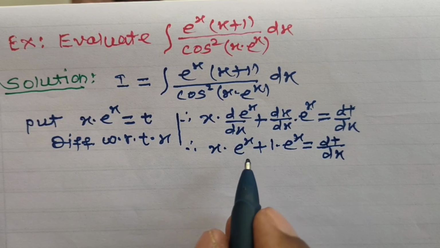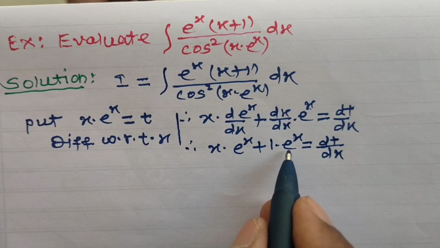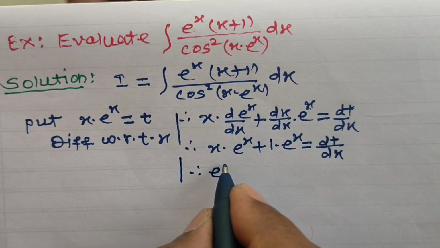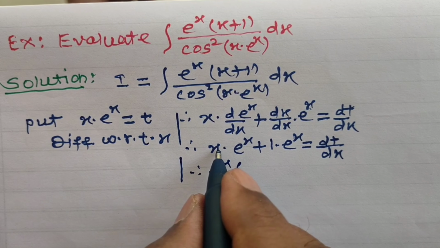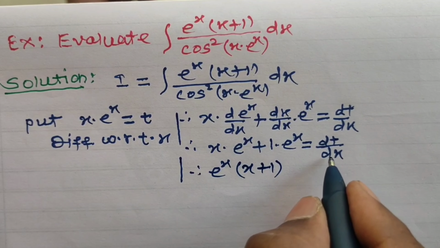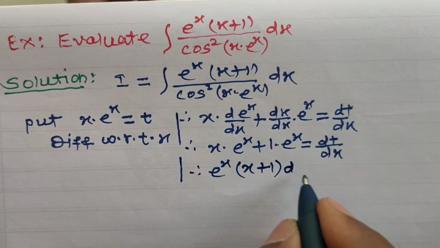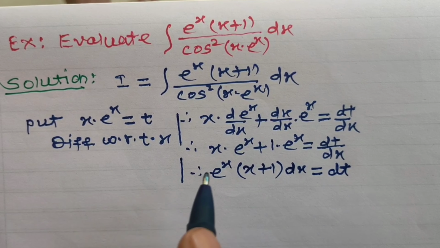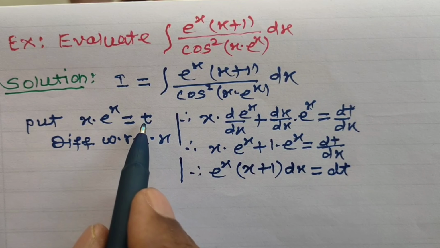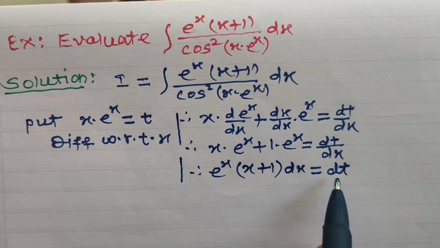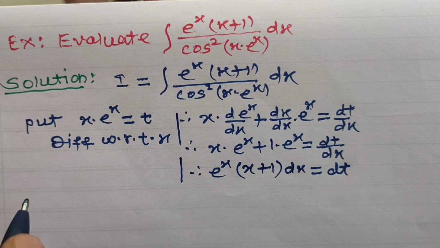Taking this dx on this side and taking e to the power x common from these two terms, we can write e to the power x into bracket x plus 1, and taking this dx on the left hand side, dx is equal to dt. So we have to replace x into e to the power x by t here, and this numerator we can replace by dt. Hence the given integral I can be written as I is equal to